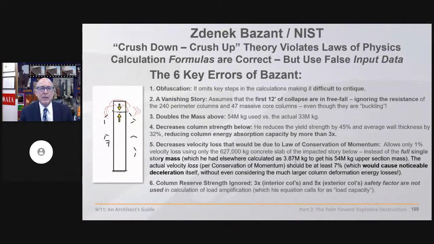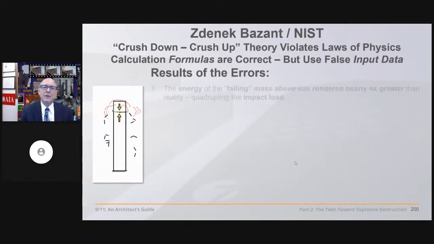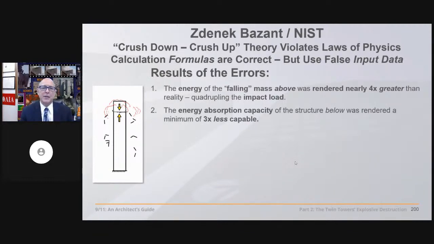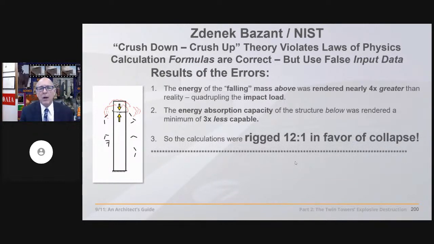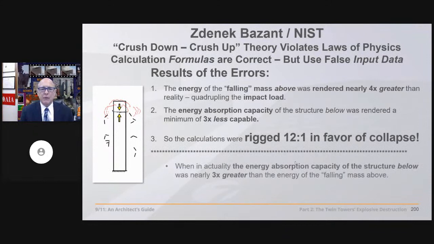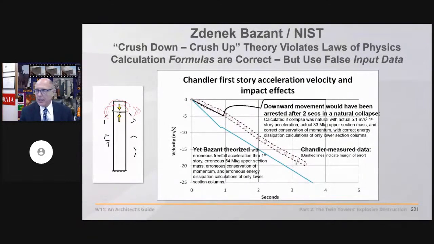So the net result, after ignoring the column reserve strength, which is 3 to 5 times stronger than it needs to be to support this load, is that the energy of the falling mass is 4 times greater. The absorption capacity is 3 times less. It's rigged 12 to 1 at the very minimum in favor of a collapse. So no wonder that was ready to go in 2 days, because it remains the key theoretical support for NIST's failure theory. Now, this was challenged, and in challenging it, we have